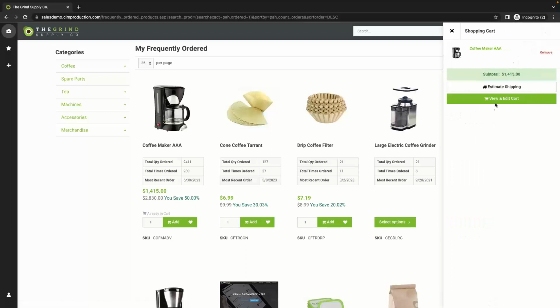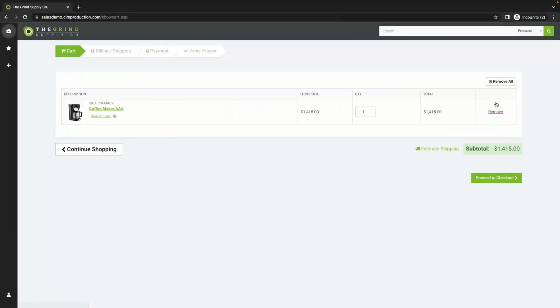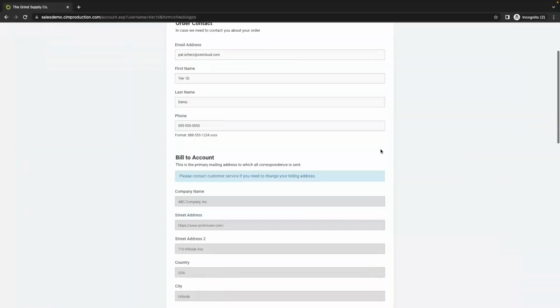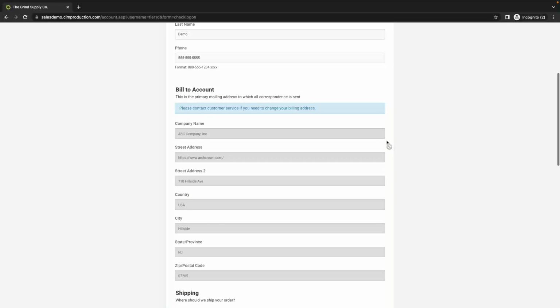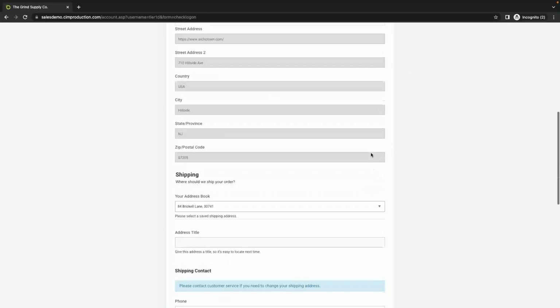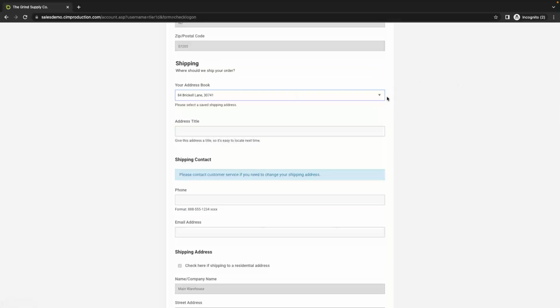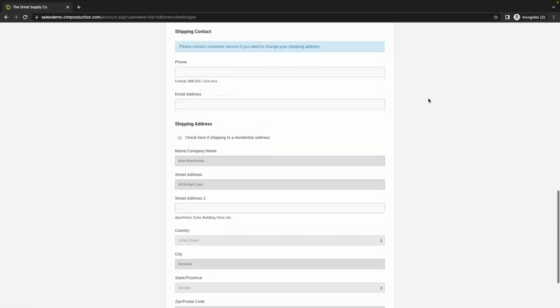Now, just for demonstration purposes here, I showed a cash receipt going into the ERP system. I'm going to walk through and show a sales order coming in. Now I can see different things here. Where's the bill to address on the account? You're going to notice this is hard coded. If I look at the address book here, this would be all the different ship tos that are associated with